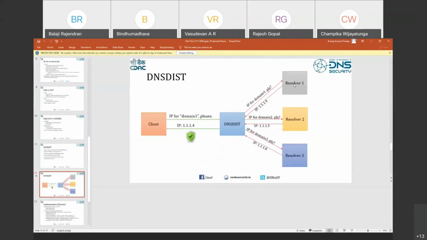So if you have enabled query logging at resolver 1, 2, or 3, of course you can see what the queries are. But where it is originating, for resolvers 1, 2, and 3, the originator is DNSdist. It won't be the actual IP of the client. That is the good thing. But yes, you can know what query is coming.